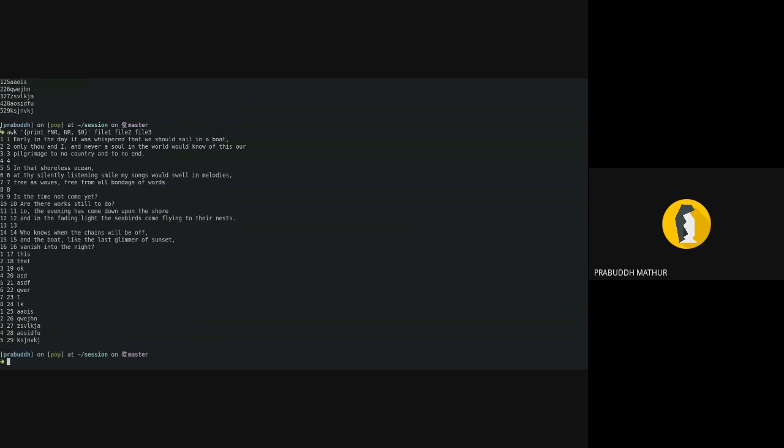See, FNR is like the local variable of that file, and NR, the number of records, is the total. It will append all these files and have a grand total of 29. And FNR is the local count of how many lines that particular file has. It will iterate through it, and once it hits the next file, it will reinitialize itself to 1, and then go again. Okay, so that is clear.